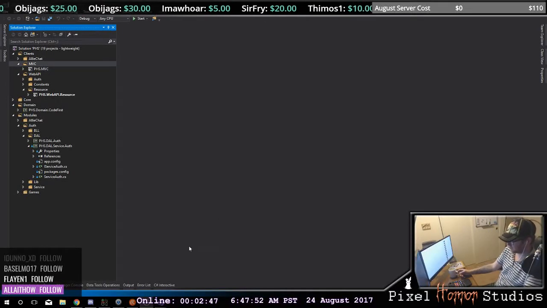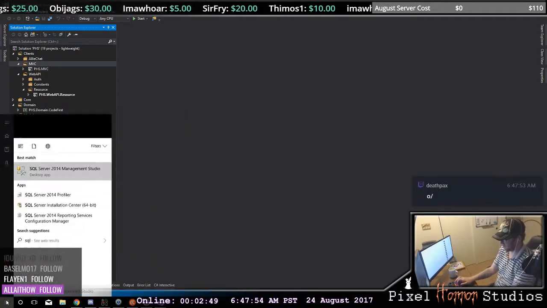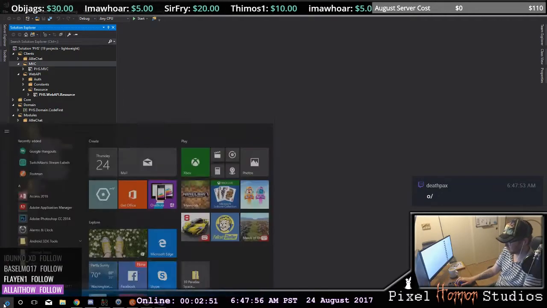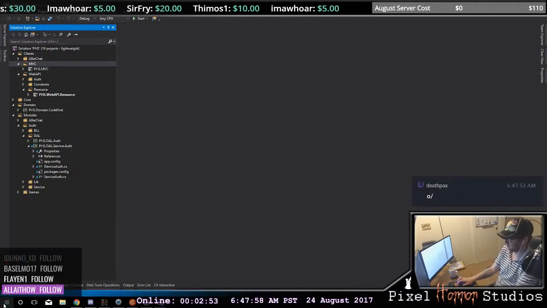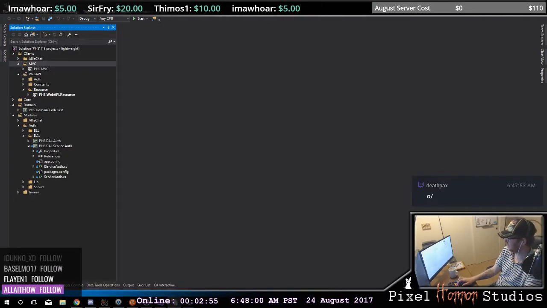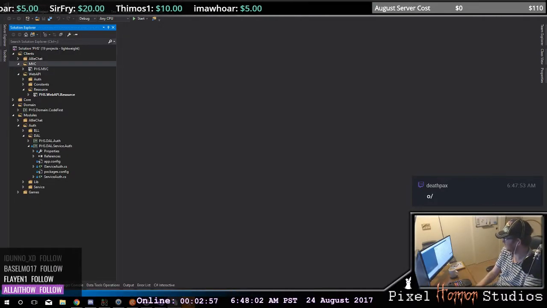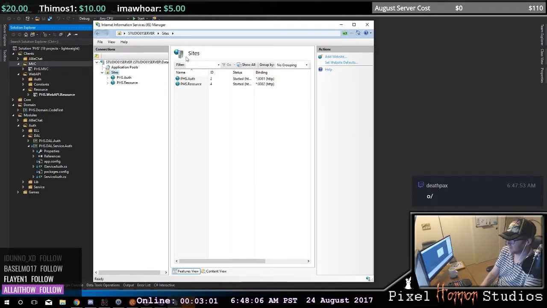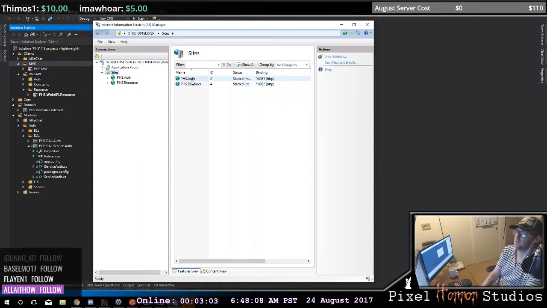So let me make sure of where I left off. Just a second here. I want to see this, and I want to see my IIS. Just a moment, please. Okay, there's my IIS. So you can see currently I have my authorization and my resource server, and those are